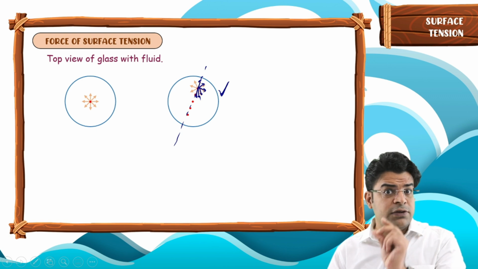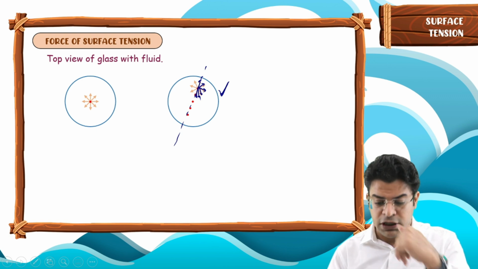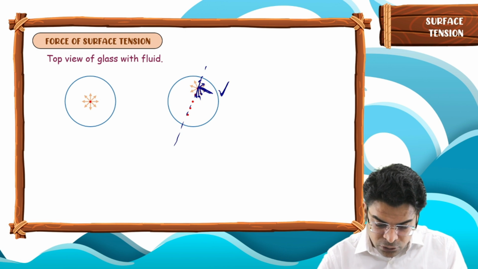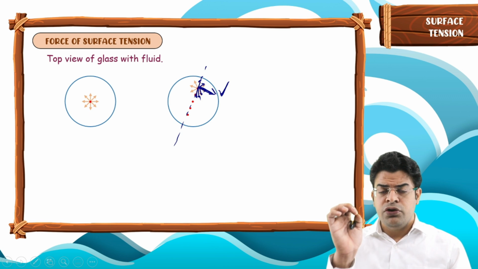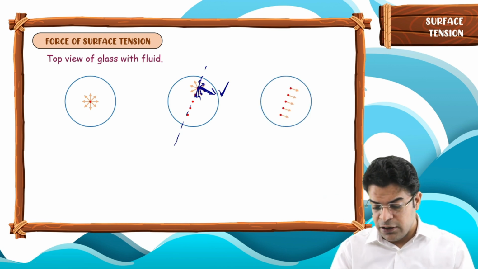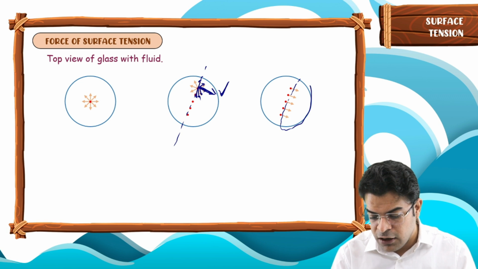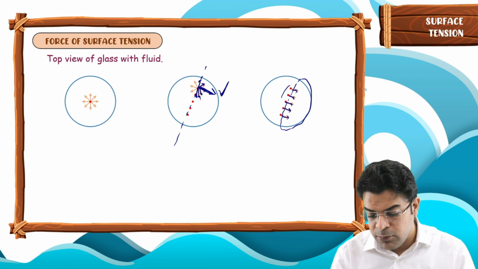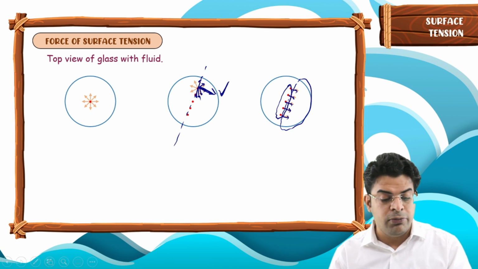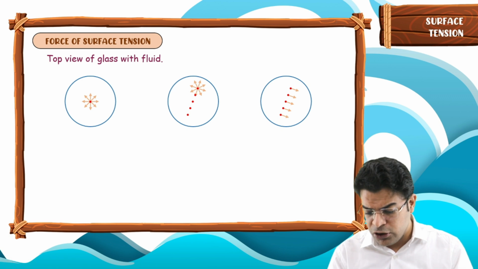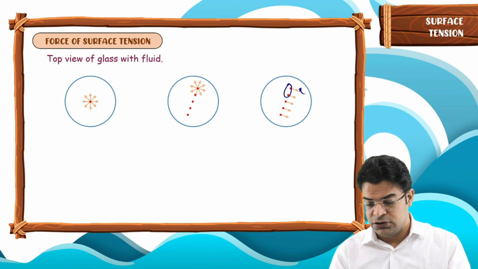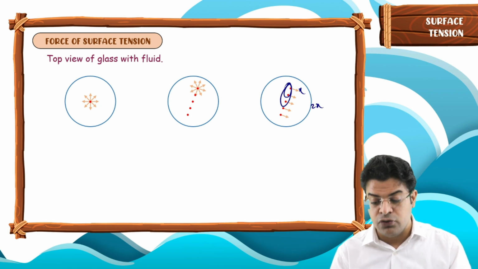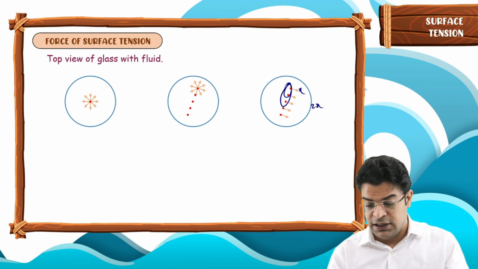So the net cohesive force due to all the molecules present on the right half will be perpendicular to this imaginary length. So if rather than visualizing one molecule, you visualize a line of molecules and visualize the forces due to one half, you will get the force to be perpendicular to length, and the greater the number of molecules on the line, the greater will be the value of force. If the force on one molecule is x, if you consider two molecules, the force will be x plus x, 2x. If you consider three molecules, the force will be x plus x plus x, that will be 3x.